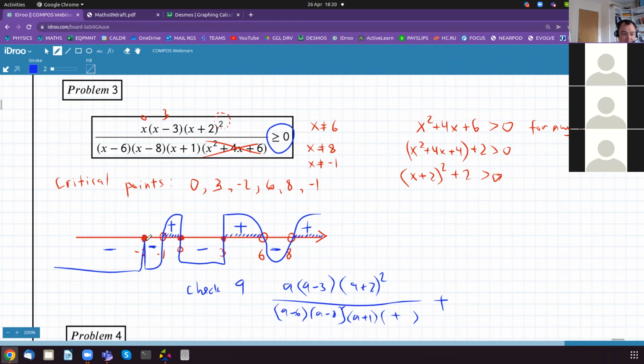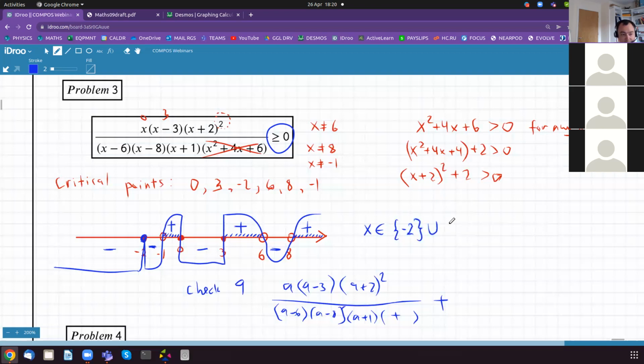Well, it's equal to 0. If we are in doubt, just check -2. -2 is going to be 0, and it's greater than or equal to 0. So -2 is fine. -2 is also an answer. So x can be -2,